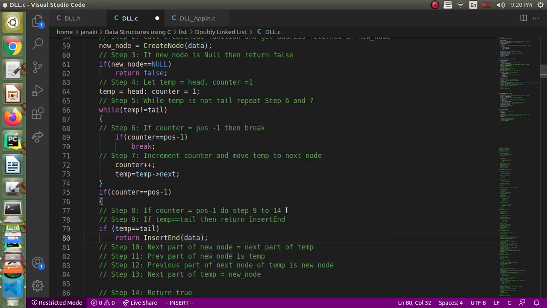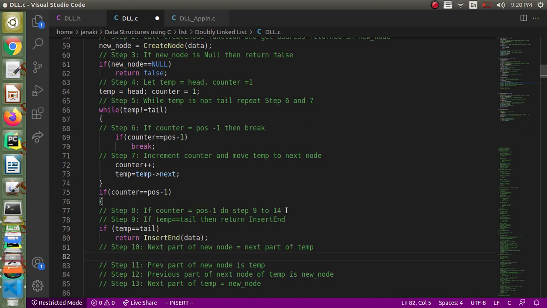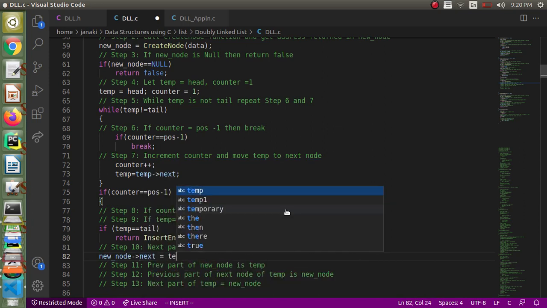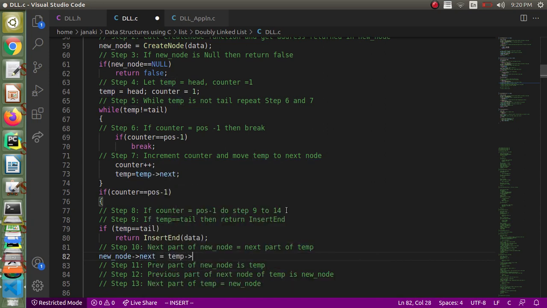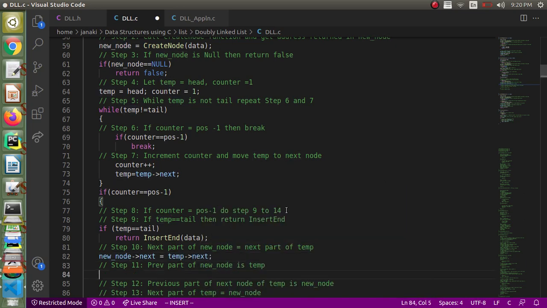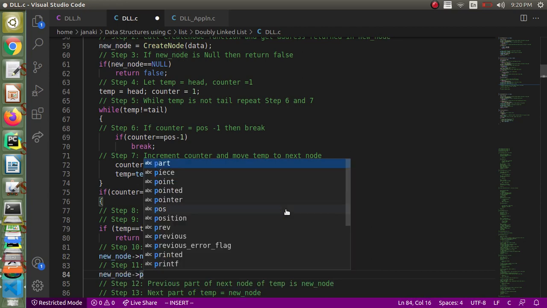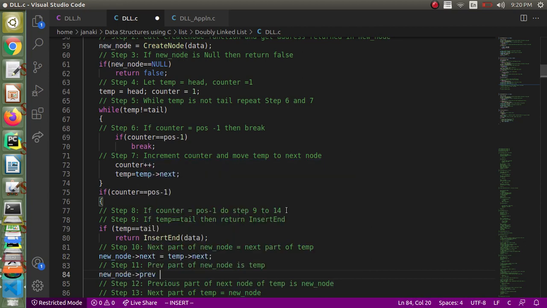Call it. And otherwise what you're going to do, you are going to make the next part of new node next is equal to temp next, right? New node next is equal to temp next. Previous part of new node, right? New node previous is equal to temp, right? This is done.